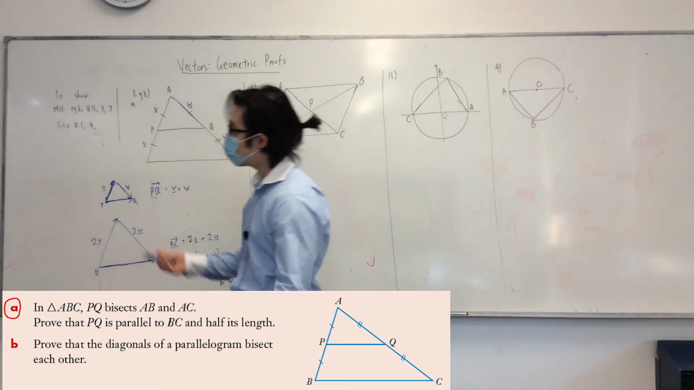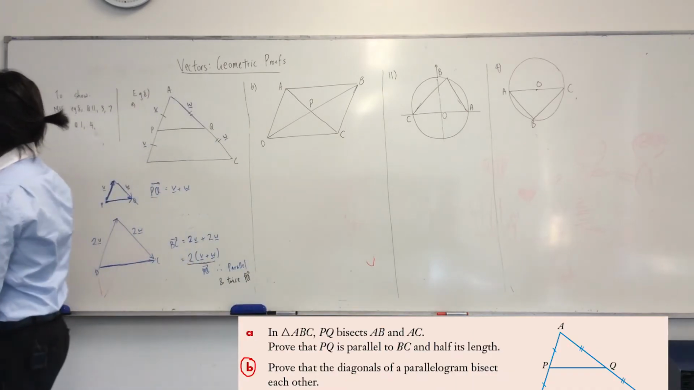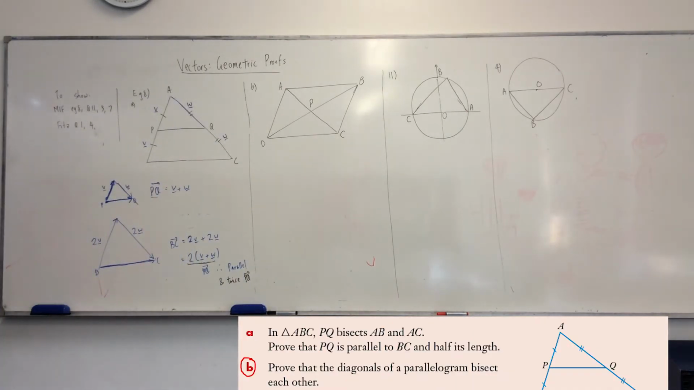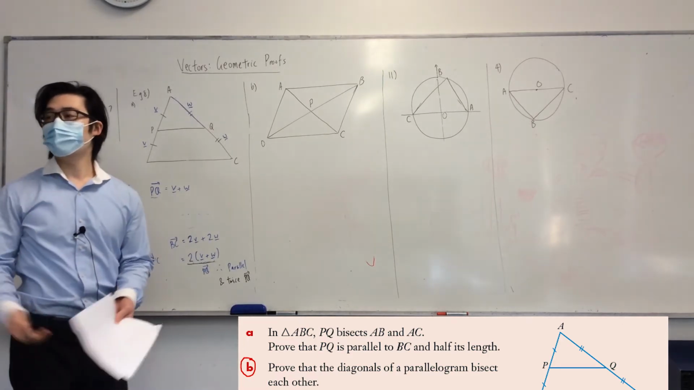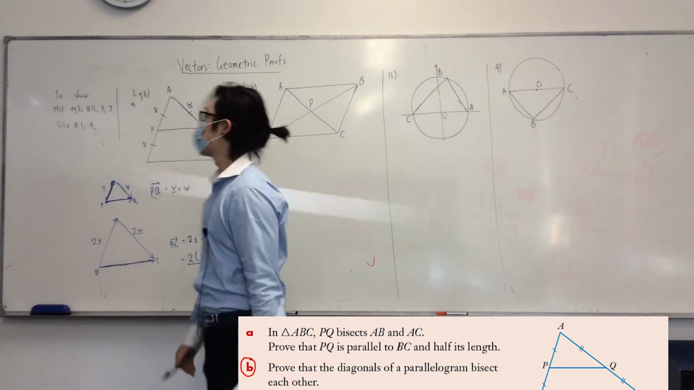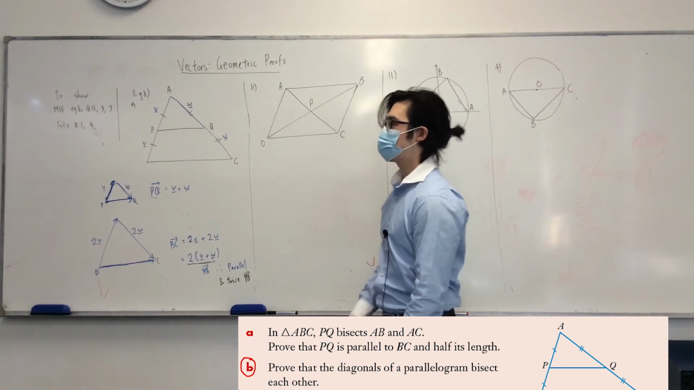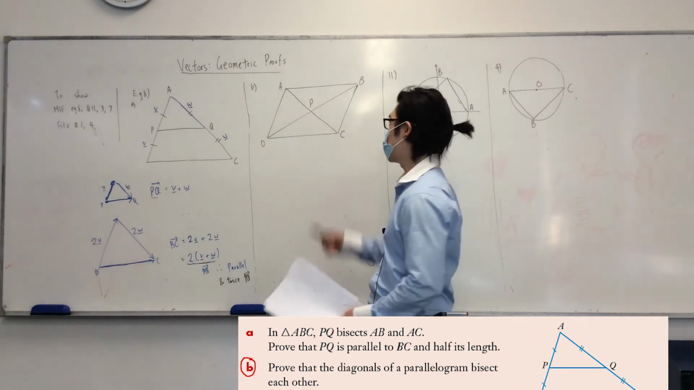Okay? Similarly, for question 8b, 8b has nothing to do with this. It's a separate question on its own. Prove that the diagonals of a parallelogram bisect each other. That's all it says. No diagram, no vectors. What do you do? Well, this is like a starting point to help you out. You draw the parallelogram,